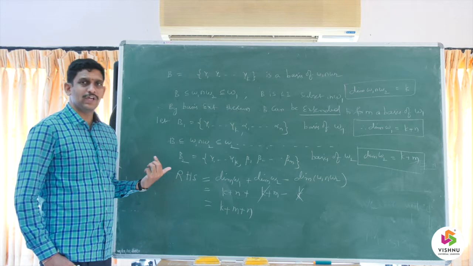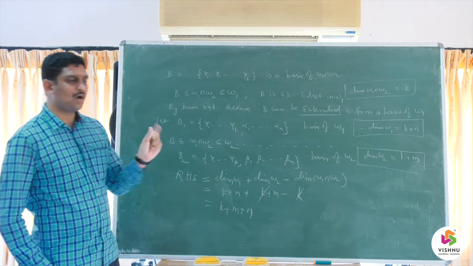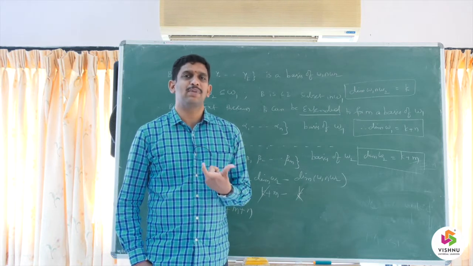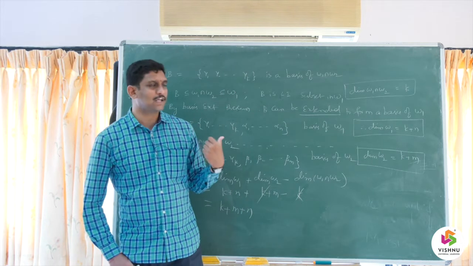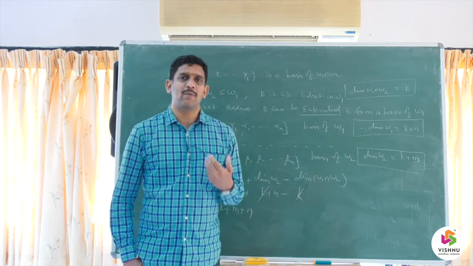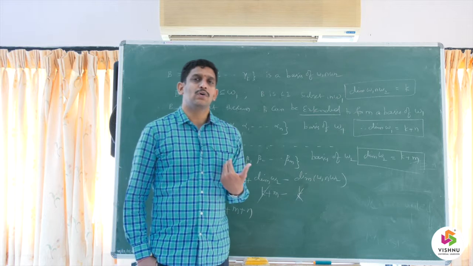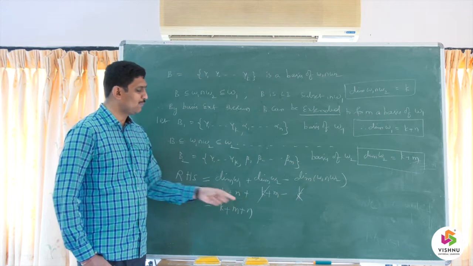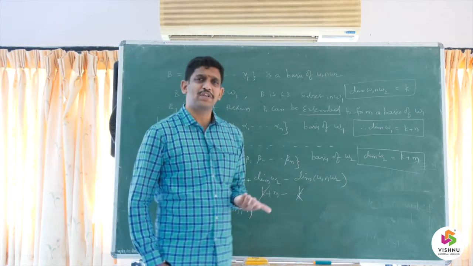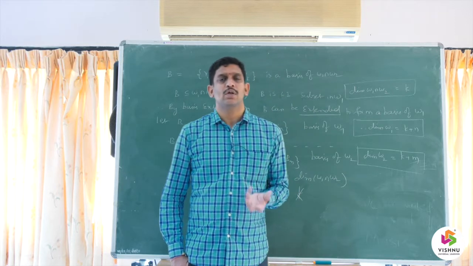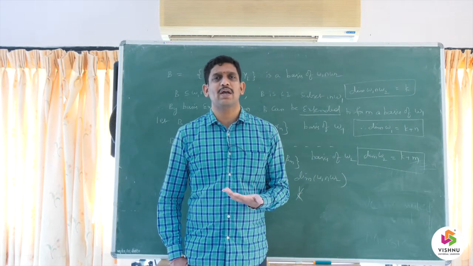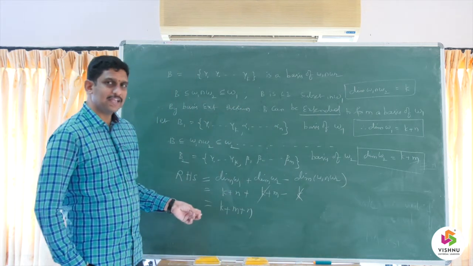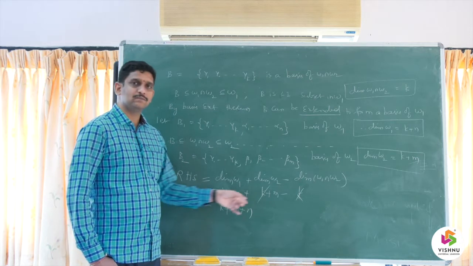So if you want to prove that LHS is equal to RHS, the objective of the theorem, LHS must have the same number k plus m plus n. So what is LHS in the theorem? It is nothing but dimension of W1 plus W2. So I have to show that dimension of W1 plus W2 is k plus m plus n. Again, what is meant by dimension? Number of elements in the basis. So I should construct a basis for W1 plus W2 which exactly contains k plus m plus n elements, that I want to do.